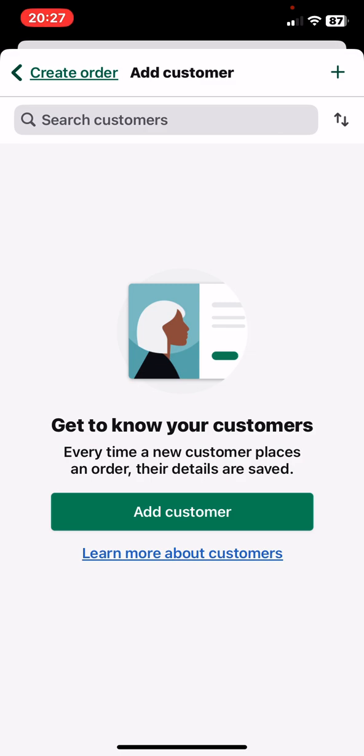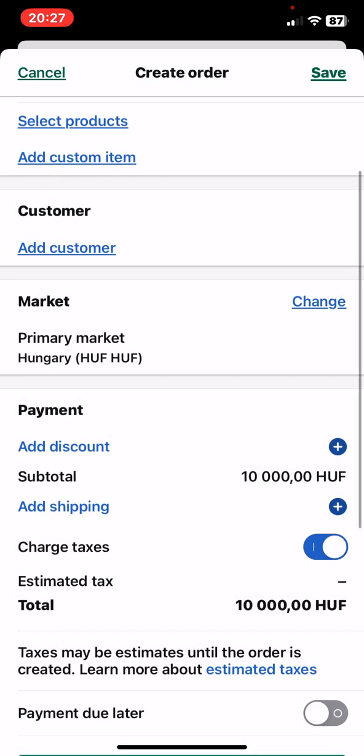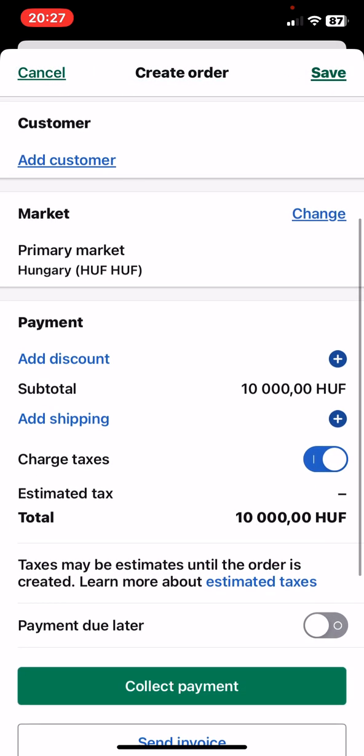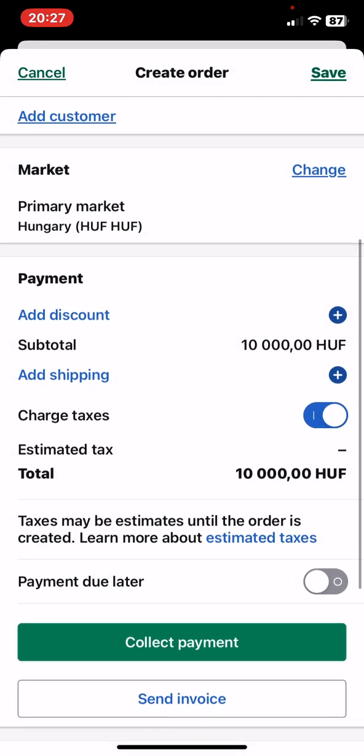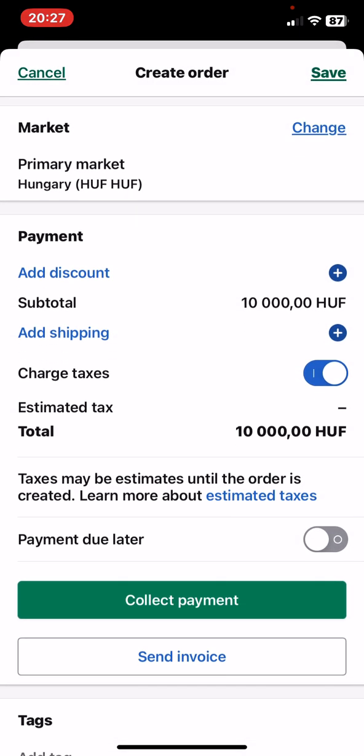So you can add customers to this if you want to. You can set the market. So if you want to sell it only within your country, then it's Hungary for me. You can add a discount if you want to,